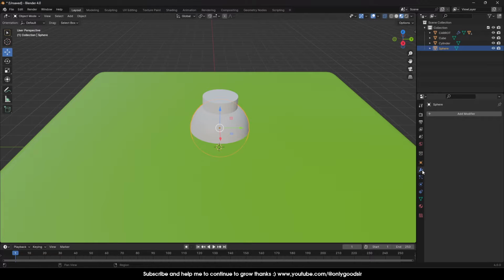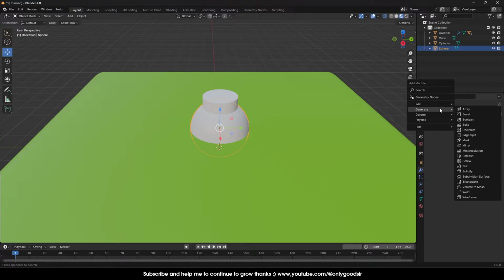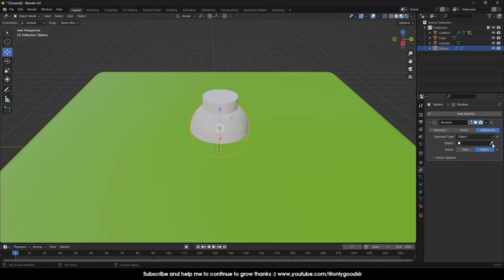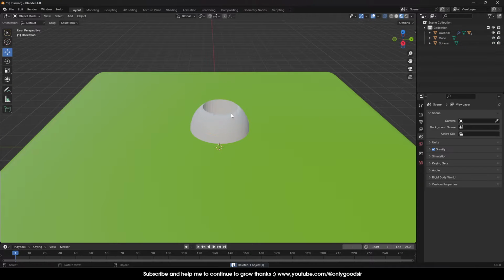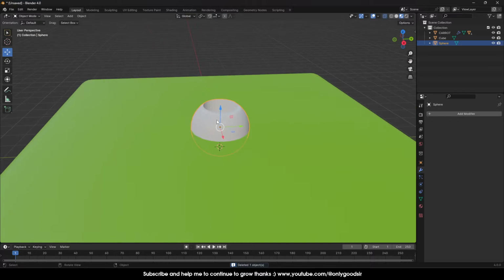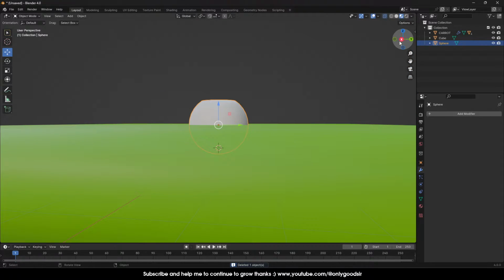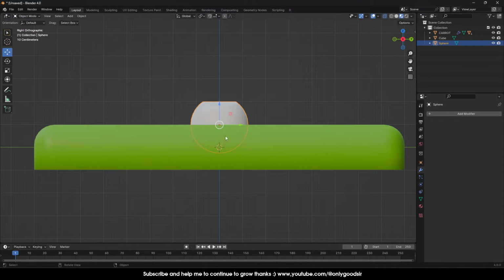And then I'm going to select the sphere. I'm going to go to modifiers, and we're going to add a boolean. Now we want the difference, which will be the cylinder. Okay. And what we're going to do is apply this, and we can delete that cylinder. Now we're left with a hole in the sphere. Now if I go to the side view here,